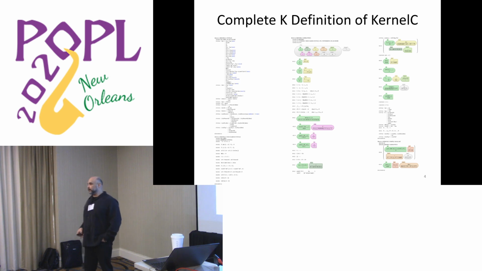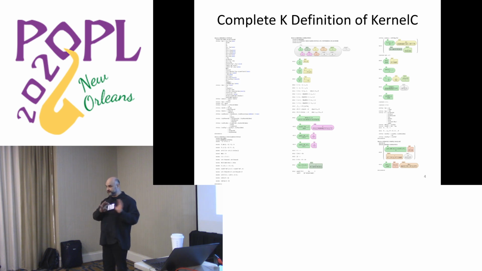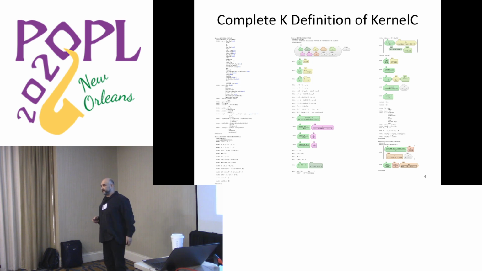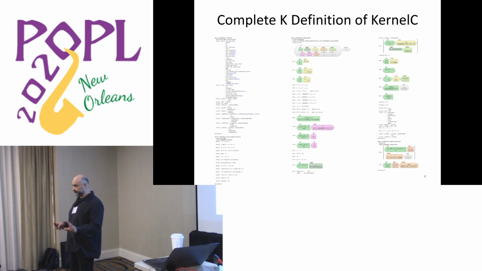Before I jump into more details, I'd like to give you a very high-level flavor of K, in case you haven't seen anything like it before. Whatever you see here will be very familiar because it borrowed ideas from other frameworks. I'm not going to mention them, but you will see all these ideas from various frameworks here. What you see here is what we call a language poster. It's generated automatically by one of the K tools from an actual textual definition. We have syntax and macros on the left, and then the other two columns define semantics. I'm going to zoom in a bit just to give you a flavor of it.